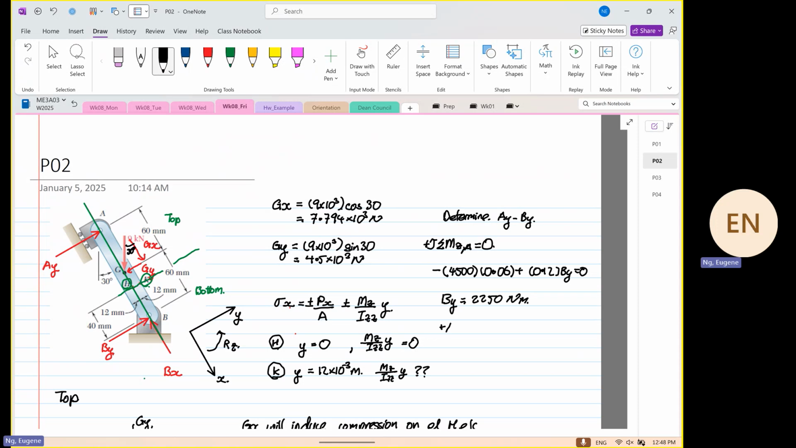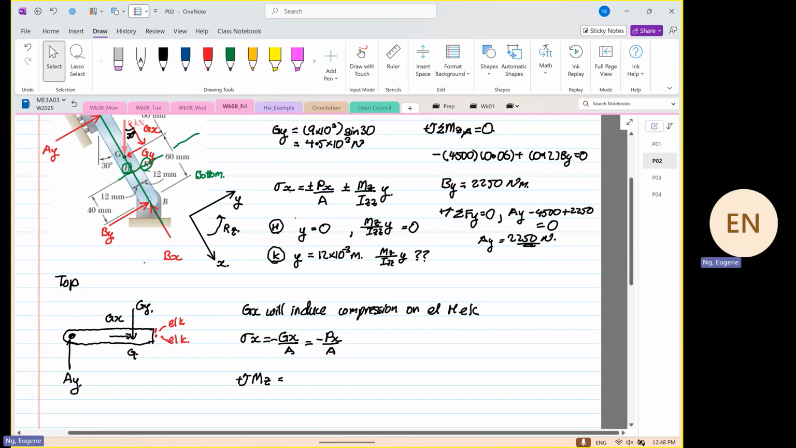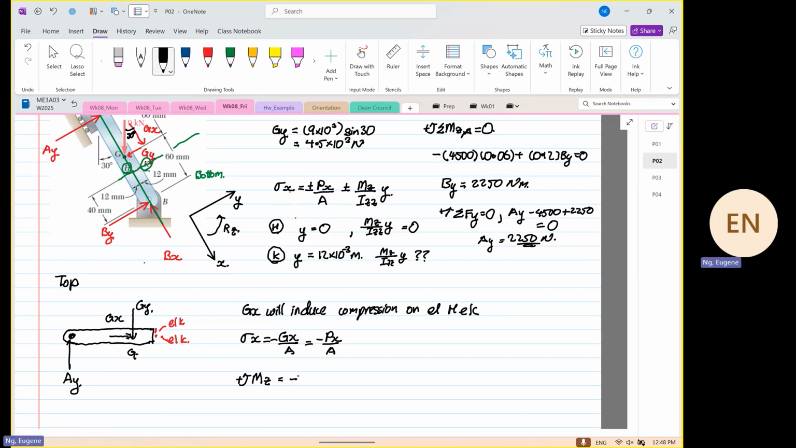And then all you need to do is the summation of forces in the y direction is equal to 0. You have Ay minus By 4500 plus By 2250, the whole thing is equal to 0. Ay is now equal to what? 2250 Newton. Okay. So now we know what our Ay is, right? So our Ay is equal to minus 2250